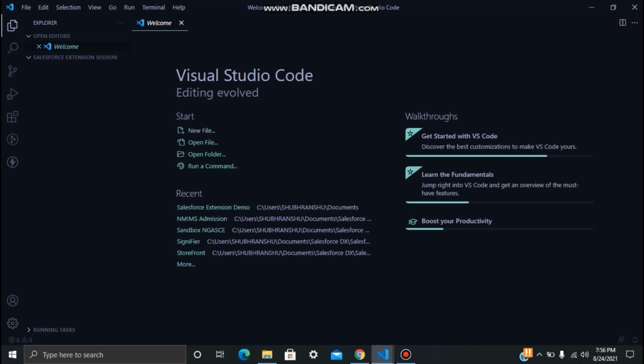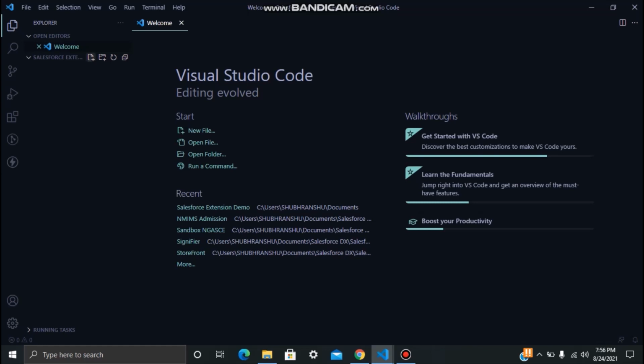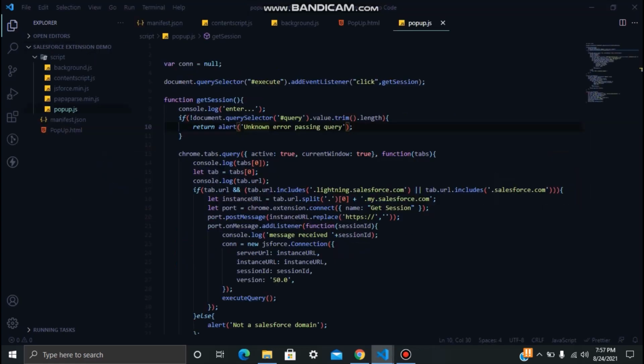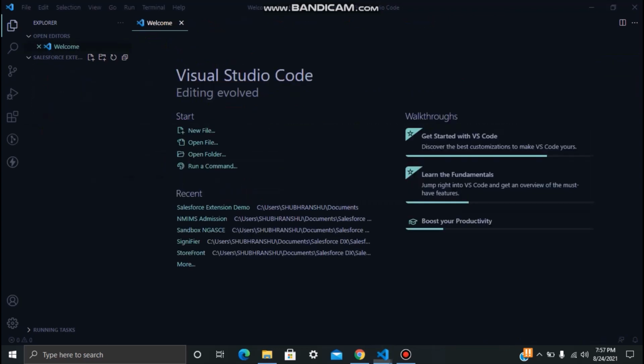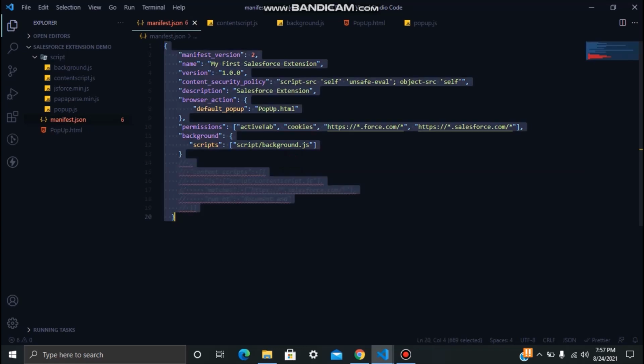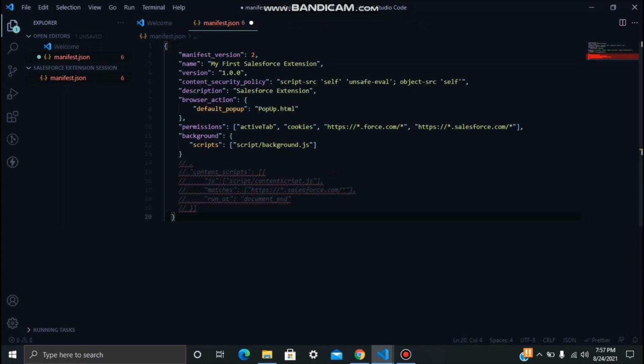First I will create one new file, which is your manifest.json file, which is your main configuration. Remember, you have to name it correctly, otherwise it will not run properly in your Chrome extension. I'll just copy it from another project. It is basically a JSON file, the main configuration file we require. So I'll quickly copy all this code and paste it over there. Don't worry about the code, I'll give you the GitHub links for your reference.